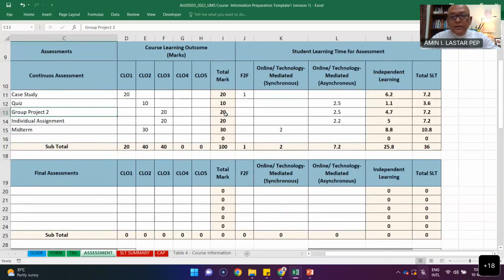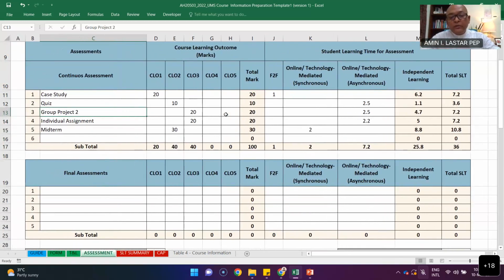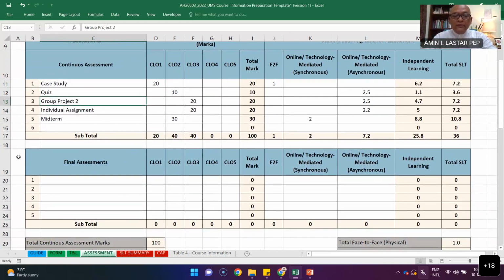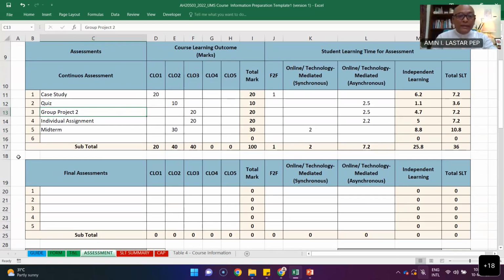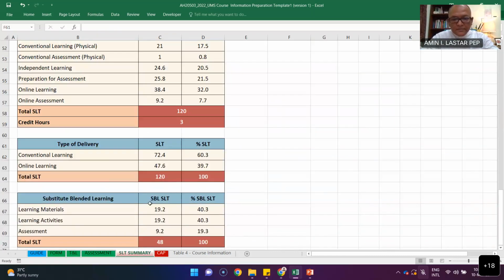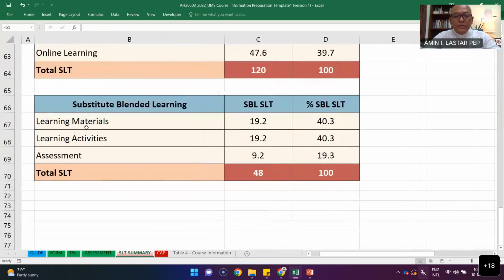Okay, assessment here. This is based on your assessment, how you come about with your assessment, CLO1, CLO2, however many CLO that you have. So you indicate this. As I have mentioned earlier, it is summative or formative. So if you want to include any of these as a formative in the PTG, you may do that. They all come from continuous assessments or final exam or whatever you plan for your course. SRT summary? Yes. All right. So this is how it goes.